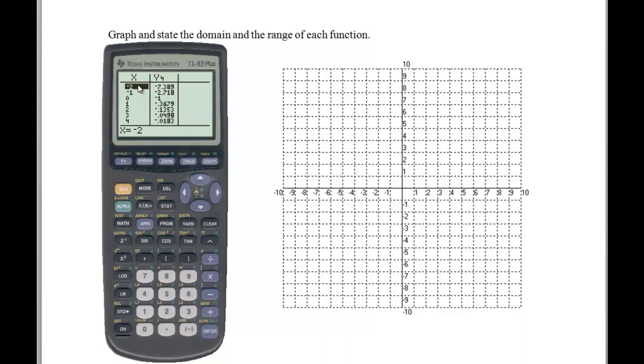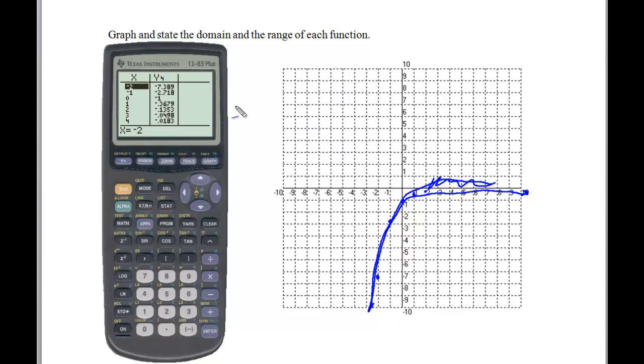Now it looks like I'm going to graph 2 negative and 2 positive. This will give me a good representation of what I've got here. So negative 2 is going to drop all the way down to negative 7.3, so that's about right there. Negative 1 is going to drop down to about negative 2.7, so it's about right there. 0 is negative 1. 1 is negative 0.3, so it's a third of the way down. And then this is going to be about a tenth of the way down. So now what we have here is our... Oh, shoot! Ha! I really missed the mark there, because that blue line should not cross the x-axis